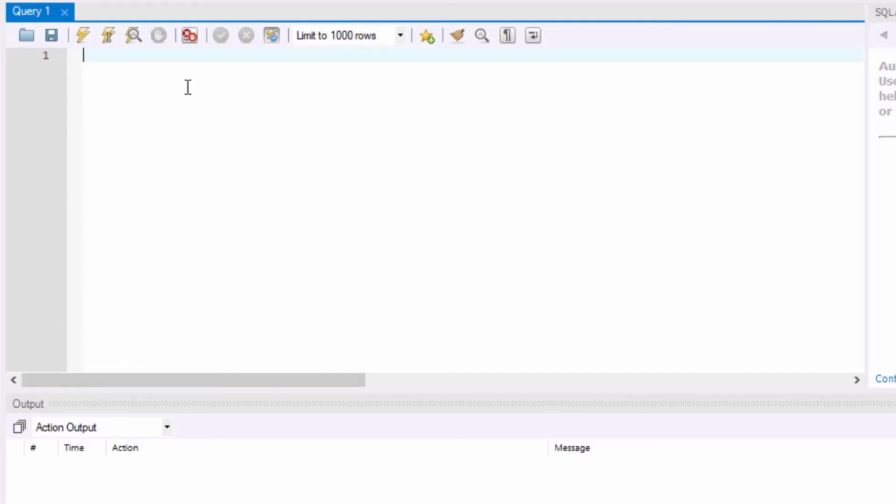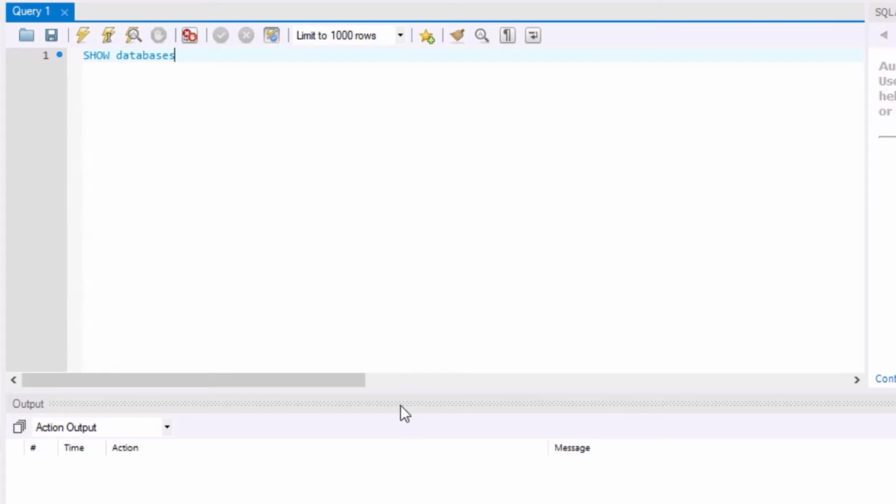This is the place where you can run the queries. It is kind of a worksheet for the queries. You can write or type in the queries here. You can just type here, show databases. In order to complete the query, you need to terminate it with a semicolon. And if there is only one query, you don't even have to provide the semicolon.